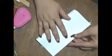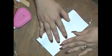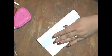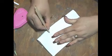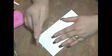Here's my 8x8 inch piece of square, and what I want to do is fold it in half. And it's not going to matter which way you fold it in half because it's 8 inches both directions. I'm going to use this craft stick, but you could use any kind of bone folder or whatever. And then I'm going to take out my cutter,